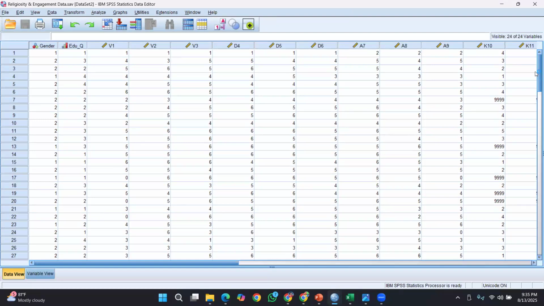Reliability in its simple form means whether the items falling into one construct, one variable, are related internally. Reliability is measured through internal consistency, if the items of a single variable have a high level of relationship or correlation.